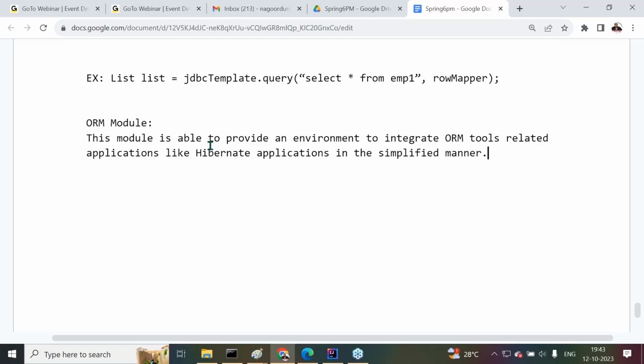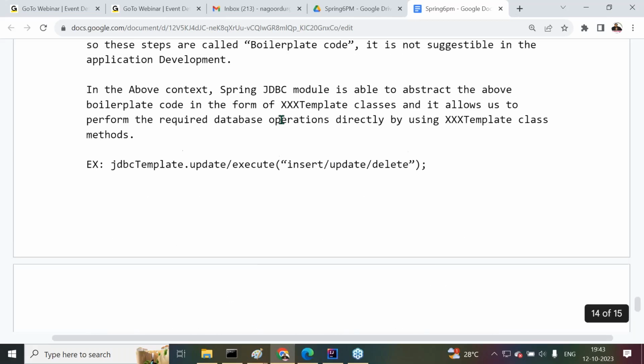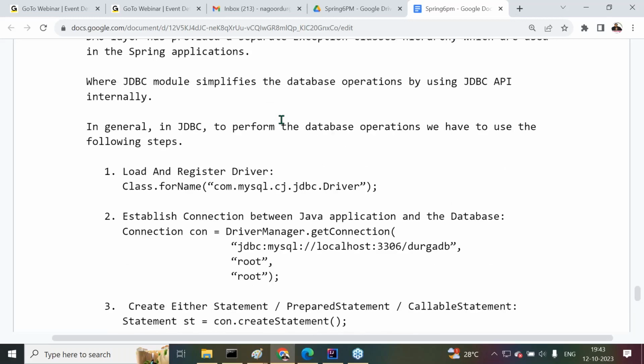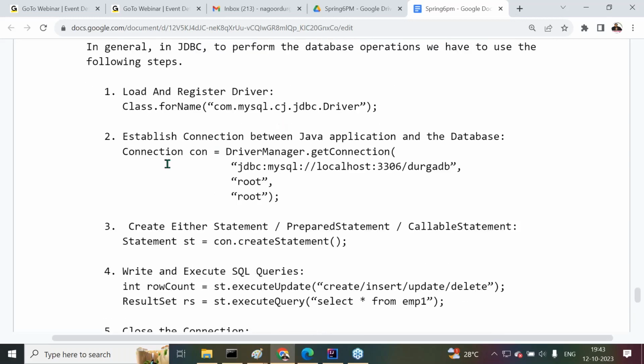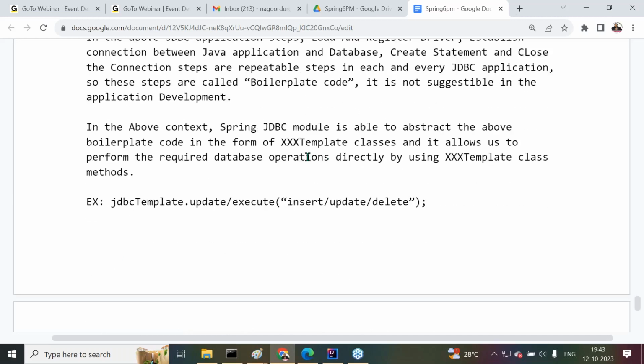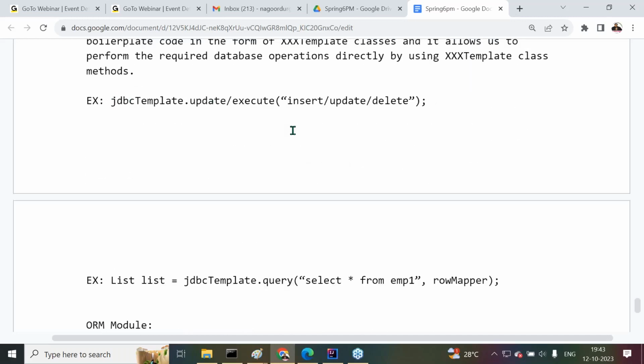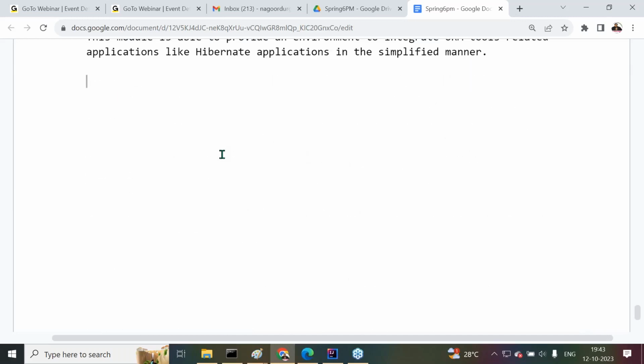Here also some optimizations and some simplifications are going to happen, which we have to understand clearly. What simplifications are going to happen? If we use only plain JDBC, these many steps we have to follow. But if we use the Spring JDBC module, only one line. Similarly, if we prepare any Hibernate application,